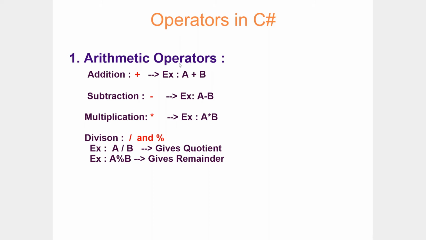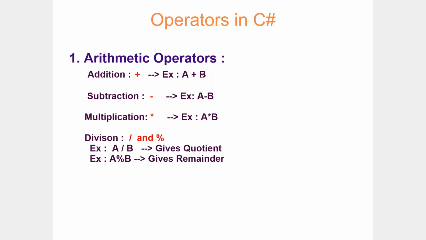What is arithmetic operation? The basic mathematical operations like addition, subtraction, multiplication, and division. These are called arithmetic operations. Whenever you want to perform any arithmetic operation between two or more values, then you would be needing arithmetic operators. When you talk about arithmetic operators, the first operation is going to be addition. Which command will take care of performing the addition? That is going to be plus. If you write plus between two values, it will take care of performing addition between those two values.